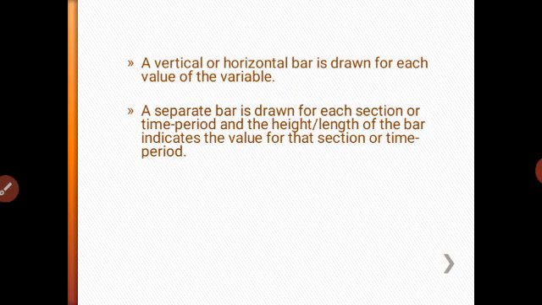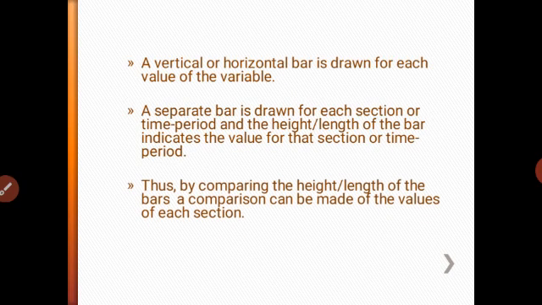Time period also indicates. Next, by comparing the height and length of the bars, a comparison can be made of the value of each section. So you can compare the bars by height or length, and you can interpret each section's exact frequency data. These two sentences I will explain in the next slide